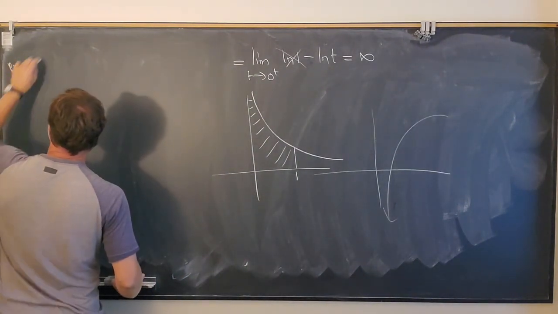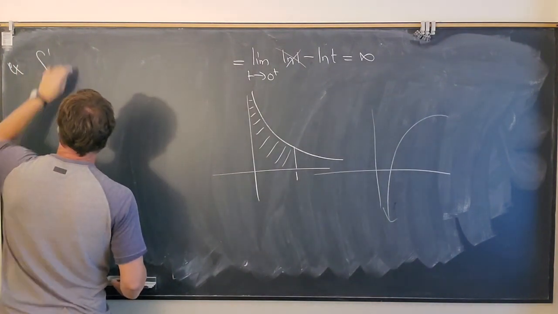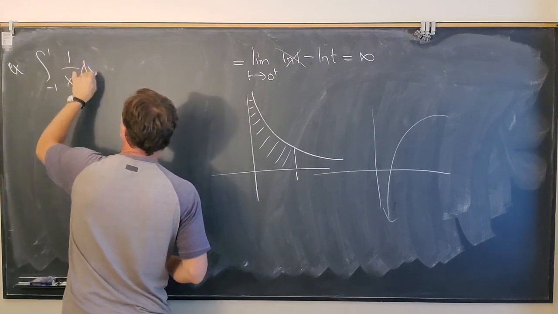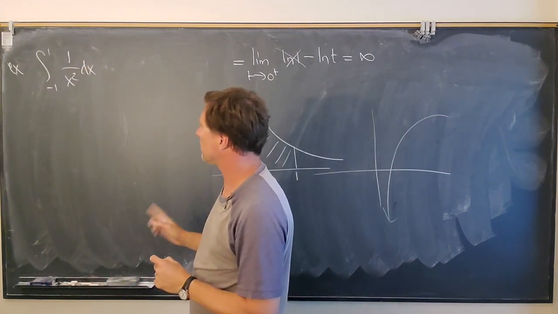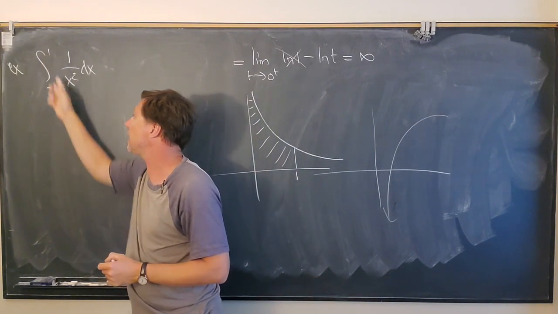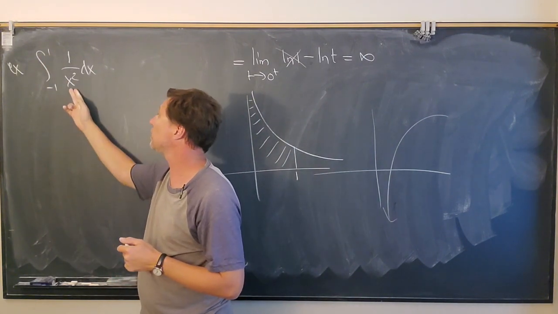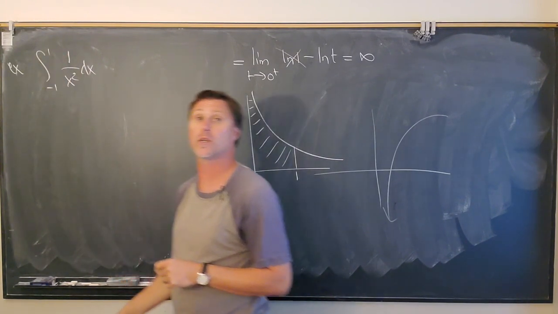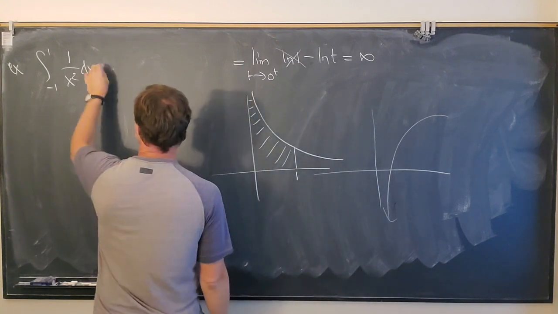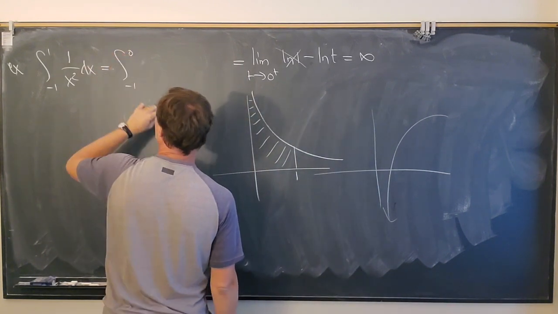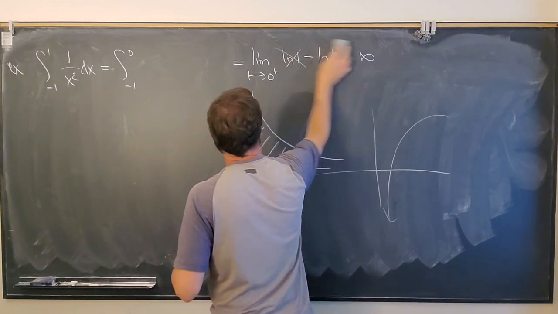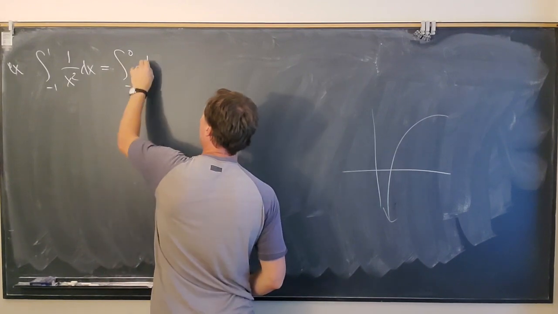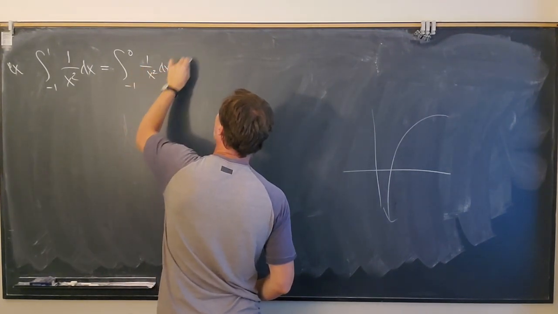Okay, so next example, let's look at the integral from -1 to +1 of 1 over x squared dx. Now you've got to remember to notice this. It's not discontinuous at either of the endpoints, but it is discontinuous right in the middle. So if there's a discontinuity between the limits of integration, you've got an improper integral. So I need to write this as -1 to 0. All right, we've got the discontinuity at 0 now, so the integral from -1 to 0 of 1 over x squared dx, plus 0